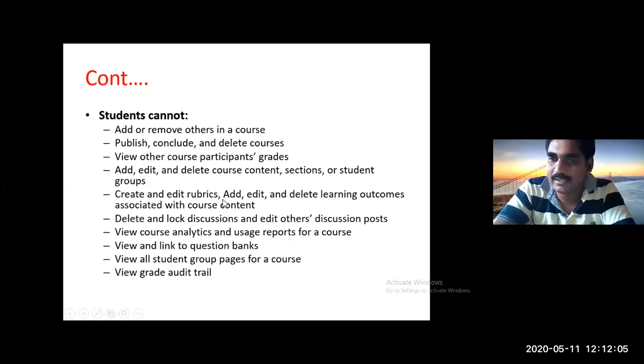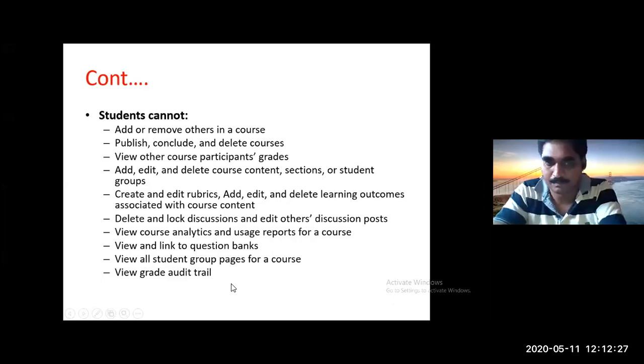They cannot create and edit rubrics. They cannot add, edit and delete learning outcomes associated with course content. They cannot delete and lock discussions or edit others' discussion posts. They cannot view and link to question banks, and so on. They cannot view the grade audit trail of the course.